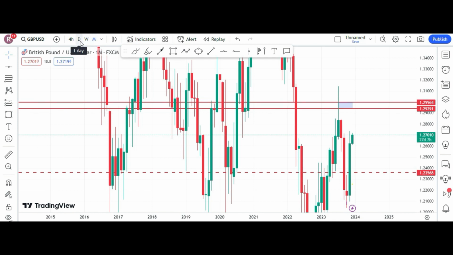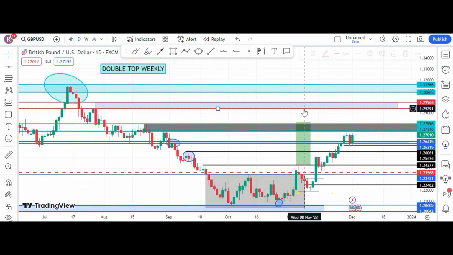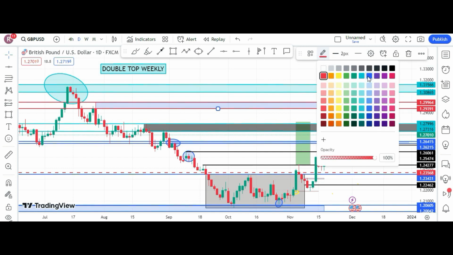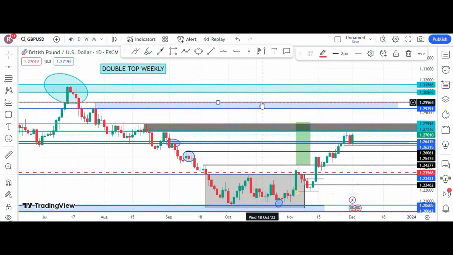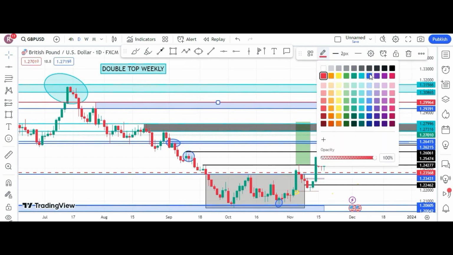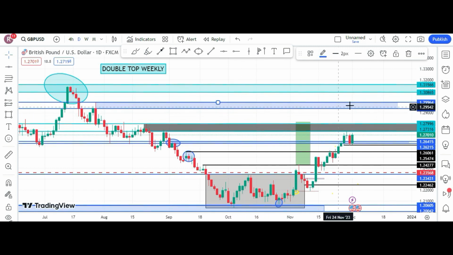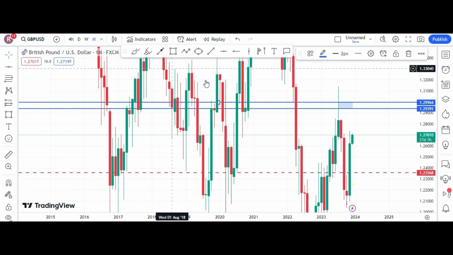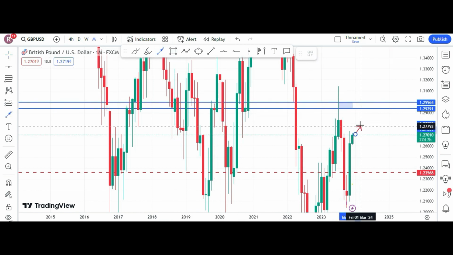let me mark this properly, otherwise we will be lost in translation and mess things up. Let me mark these things properly. I intentionally didn't draw this because I would like to show it to you guys. So if we go to monthly, and if you see the price comes up to this zone,